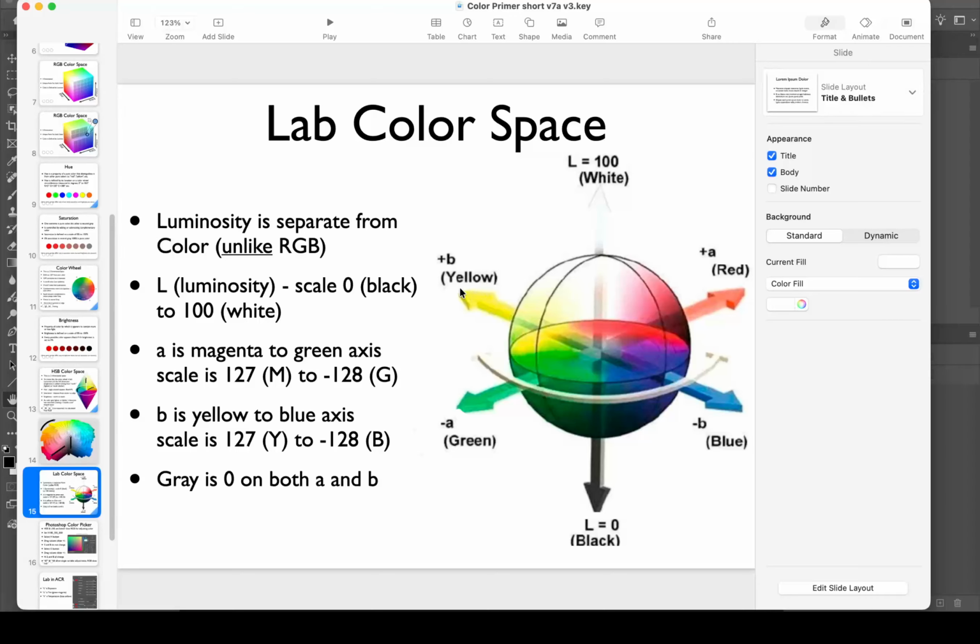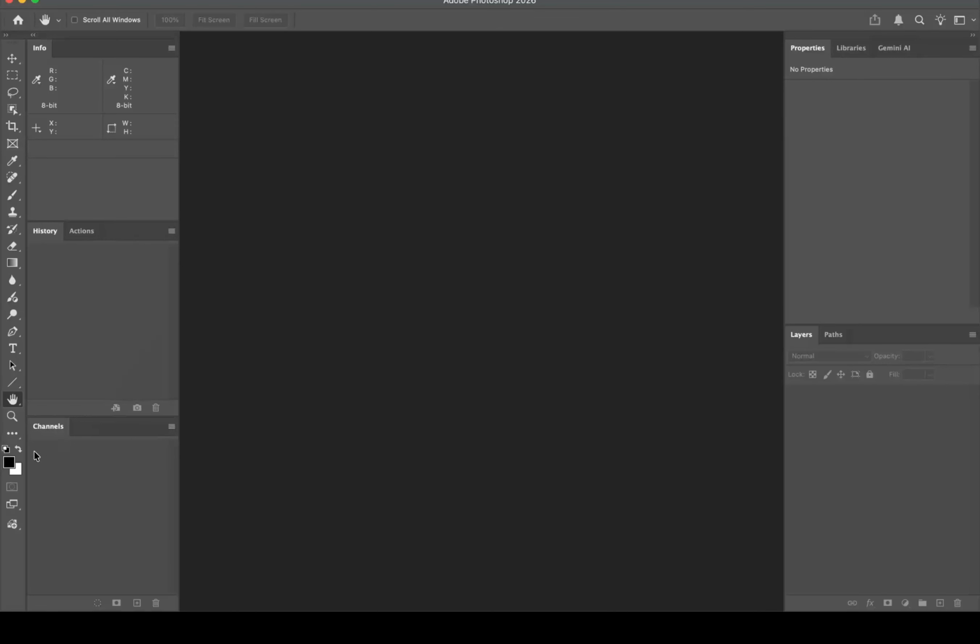And then the same thing holds true for yellow. So in this case, yellow is a positive 127, and it goes to blue over here, which is a negative 128. So gray is sitting in the middle for both. Again, if you go back and take a look at your color picker,